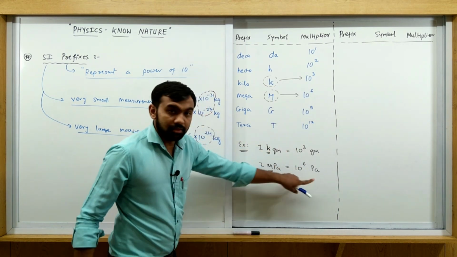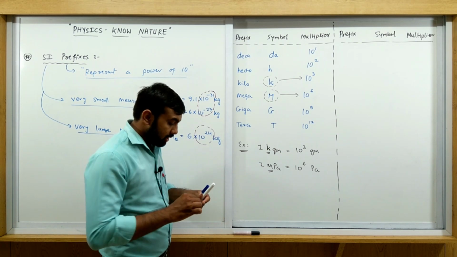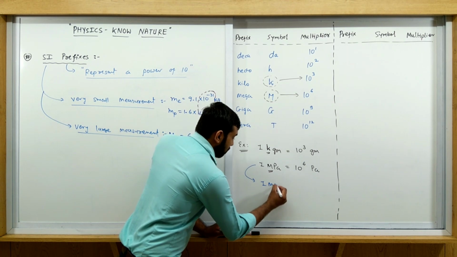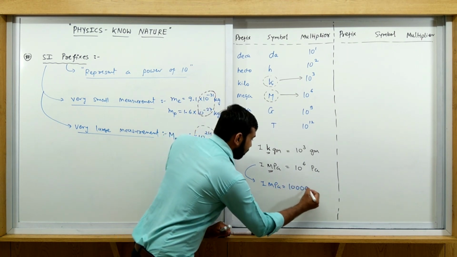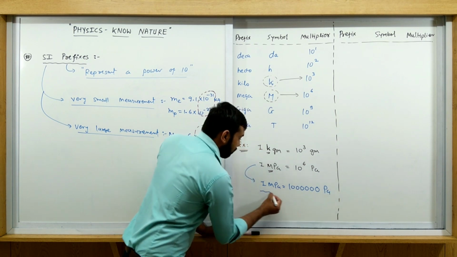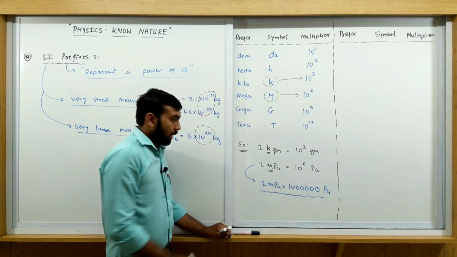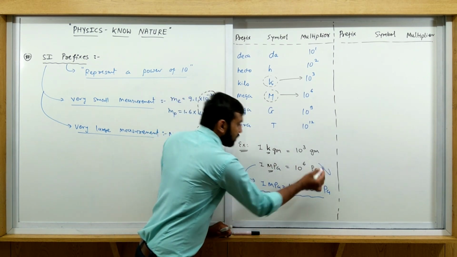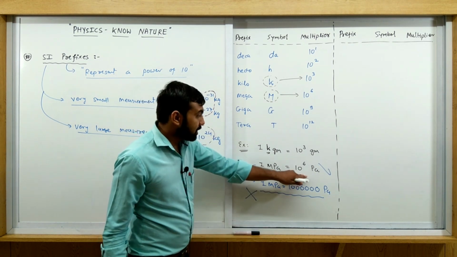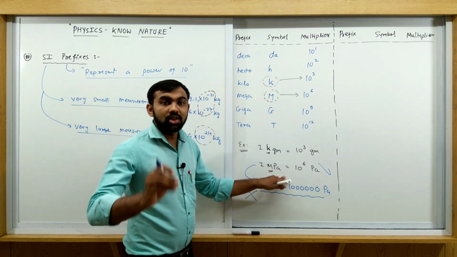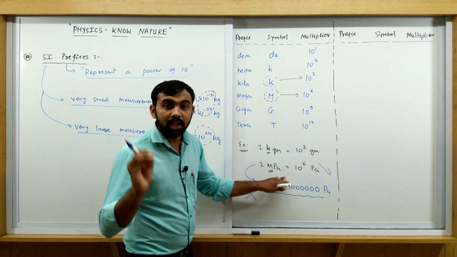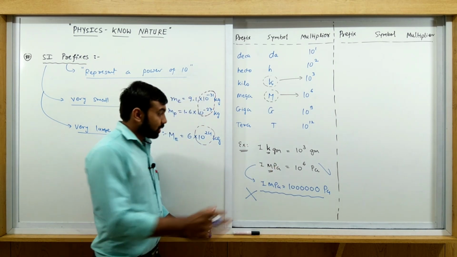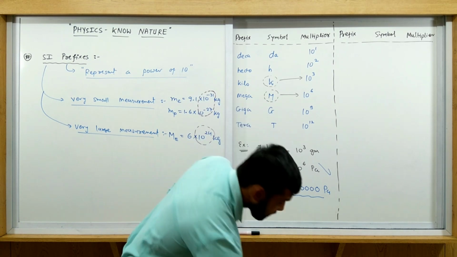Otherwise, how do we write this? If we are not using this prefix, then it is written like this. 1 megapascal is equal to 1 2 3 4 5 6 pascal. So this is quite difficult to write, and this is quite easy to write. So we are not using this method; we are using this type of method to represent a measurement of pressure, or any measurement of any physical quantity, with the prefix. So it is easily written like this. Do you understand? So this is the meaning. Okay, now let's erase this one.